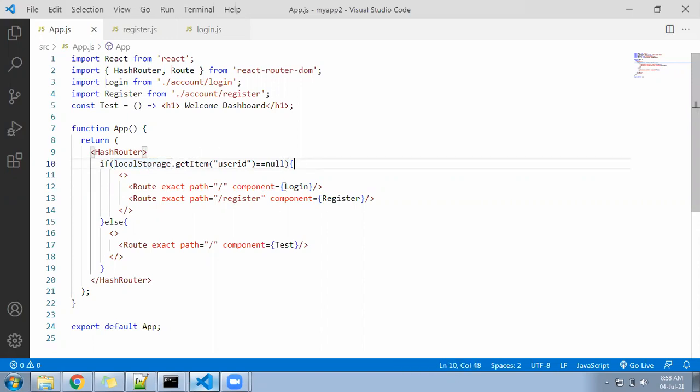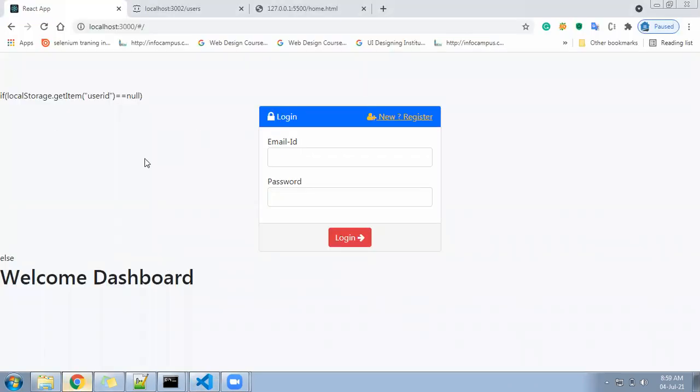Okay, it may not take like this. Local storage dot get item user ID equal to null, then this, else this. Okay, so it went against that, you can say, the routing rule. Get item is not, no problem.